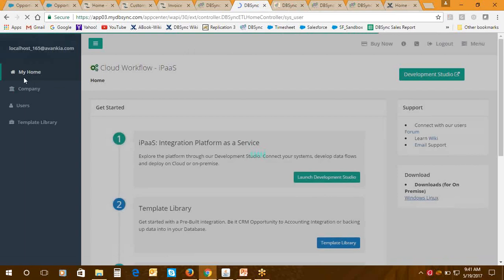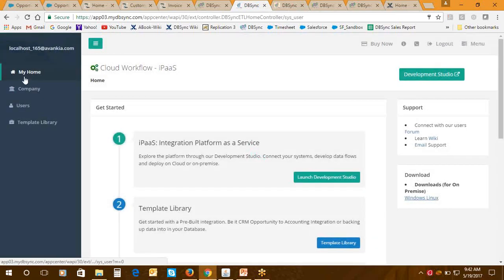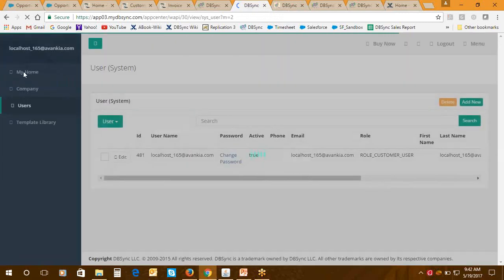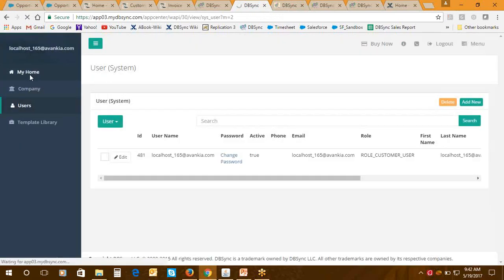As you know, we sell our connectors based on the endpoint. So our connectors are charged on a subscription basis. It is per organization, per year, and per endpoint. So you can have multiple users created within your DB-Sync account, and you can have them all configure or log in for administration of the tool. So what I'm going to do real quick is I'm going to go to my home